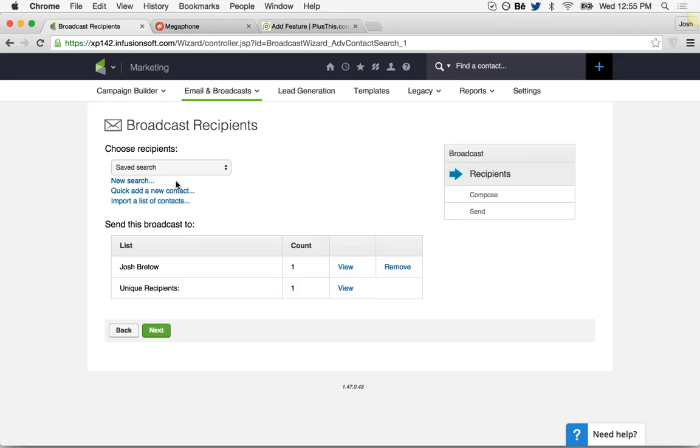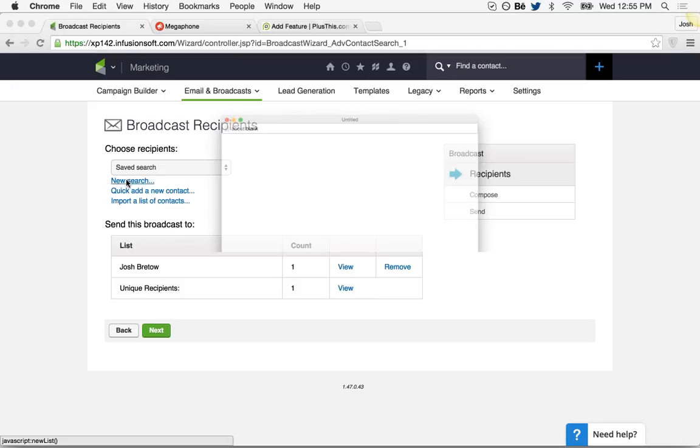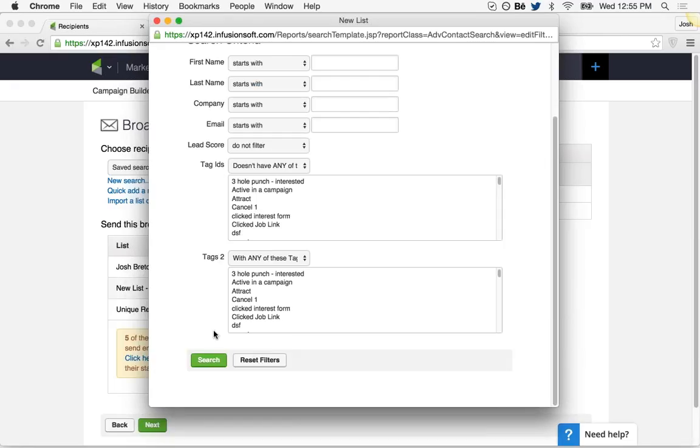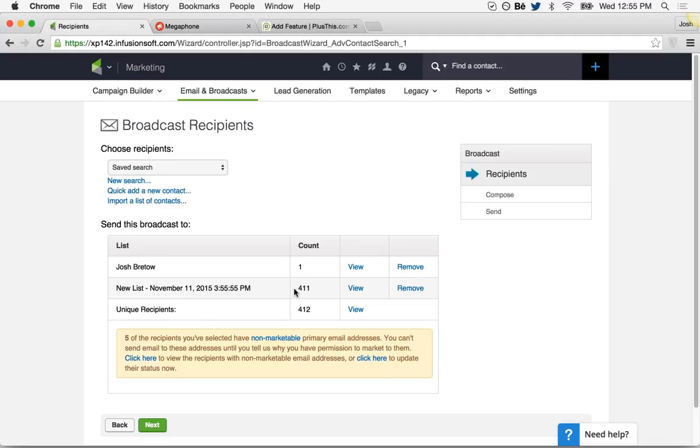I have a saved search with everyone, but you can do a new search. You can select it by tag. Like I said, this is the same criteria we did on the contact search. So you can segment that way. If you want to just go to everyone, just hit search. And mine should be 405. Okay, so this is telling me that 5 of these are non-marketable,